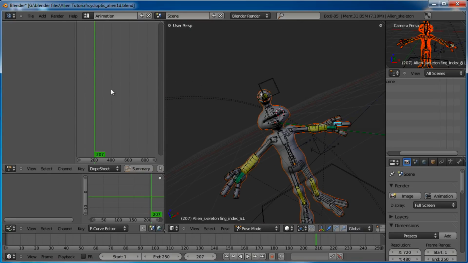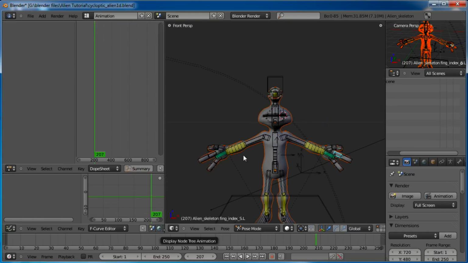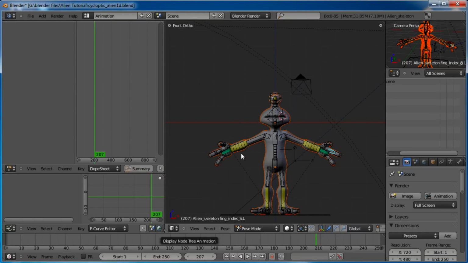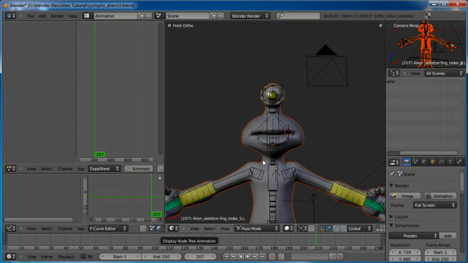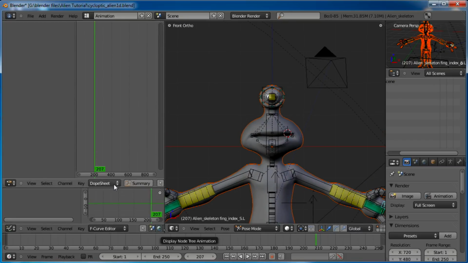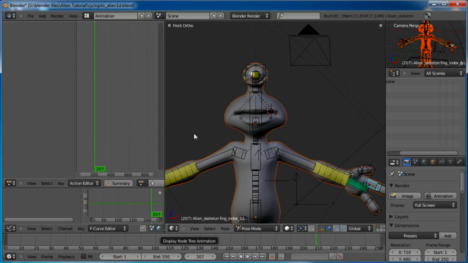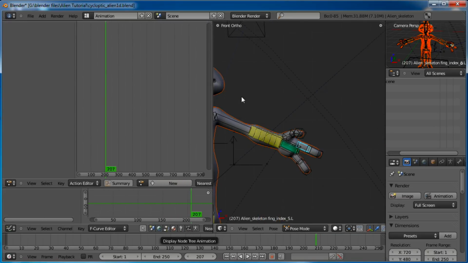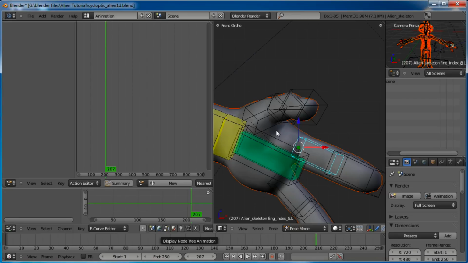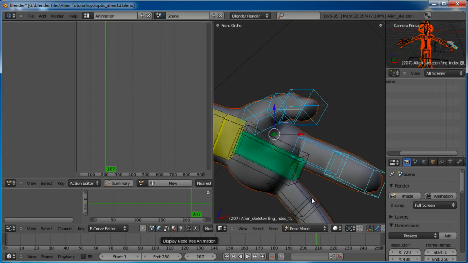You've got your dope sheet over here, and your timeline, and the IPO curves. IPO, by the way, stands for, well, I looked it up the other day, but I don't remember. Interpolation. Anyways, I'm not going to use that. I'm going to use the action editor. Let's make that a little bit bigger, and I'm going to grab all the bones in the hand,